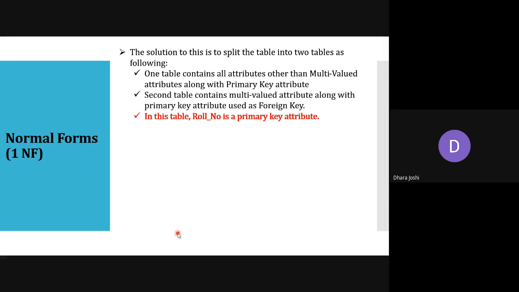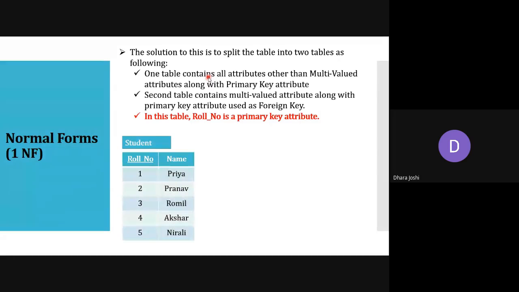Do not go with this description first. First we'll see the solution, and then we'll come back to this description. So the first table is roll number and name. One table contains all attributes other than the multi-valued attribute. We know that the multi-valued attribute is failed subject name, so we are not taking it into consideration, and the rest of the columns are in table number 1, along with the primary key, which is the roll number.